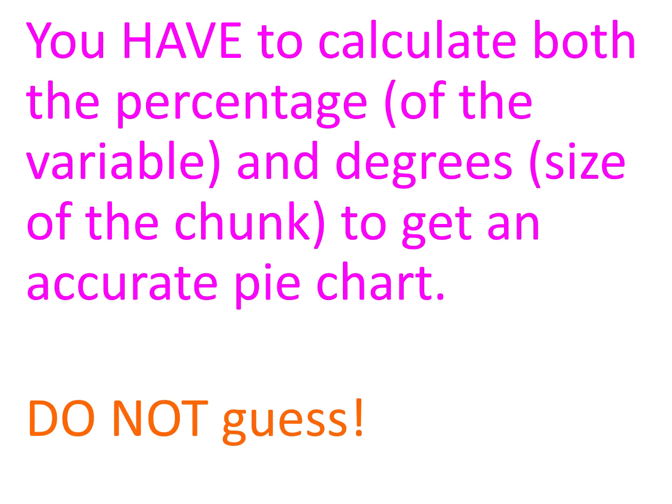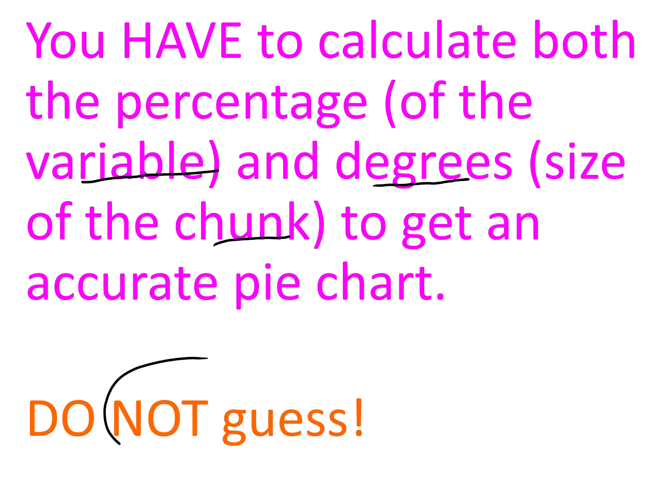So you have to calculate both the percentage and the degrees. The percentage gives you how much of that variable there is. So 20% of the pie is zebra, okay? And the degrees is to be able to see the size of the chunk, to actually use your protractor to measure. Because a lot of the time the teachers are going to take a pre-drawn pie chart, put it over your pie and see whether your chunks are the right size. And if your chunks are not the right size, you're not going to get the marks.